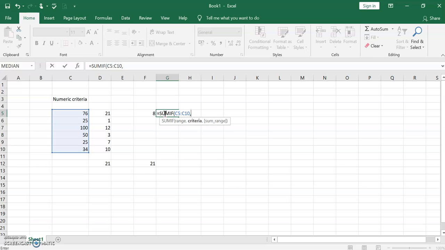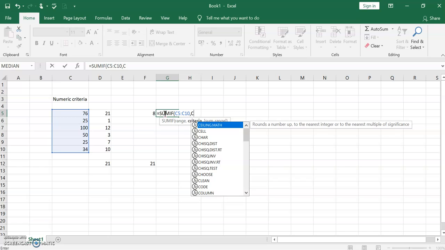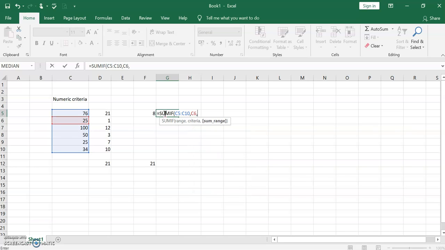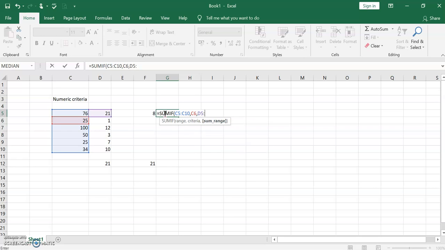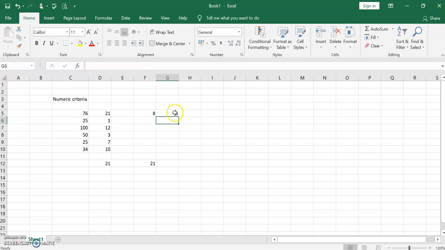Instead of typing the criteria, I'm just going to select one particular cell, C6, as the criteria. And the sum range is D5 to D10. So I just press enter, and I get the same 8.